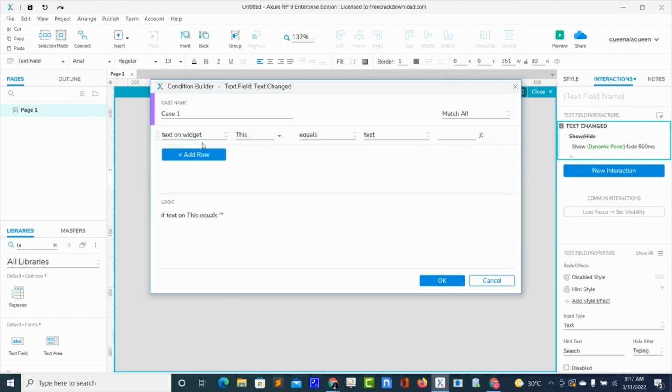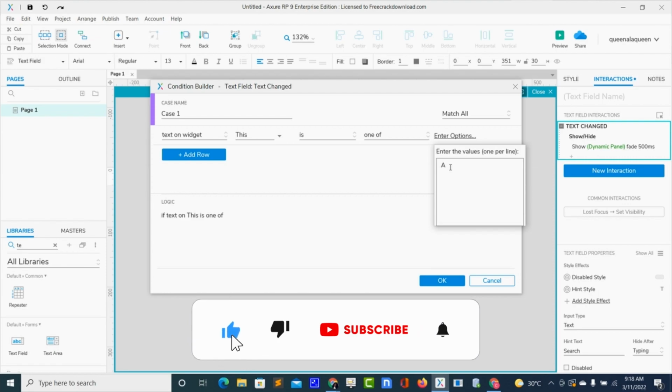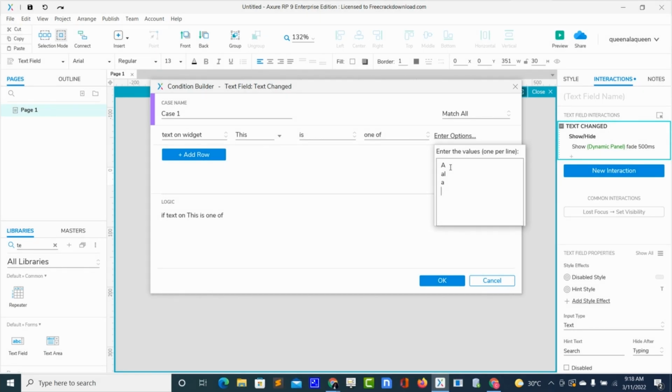Okay, so add logic, text on widget, this widget, okay, then is one of, okay, so here the option I will give you, let's say L, AG, AN. Okay, so now,